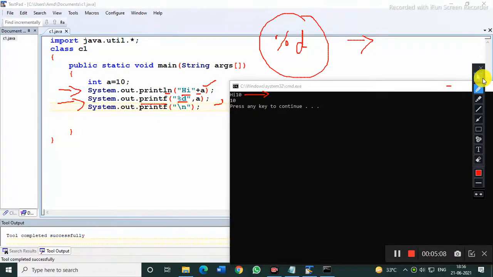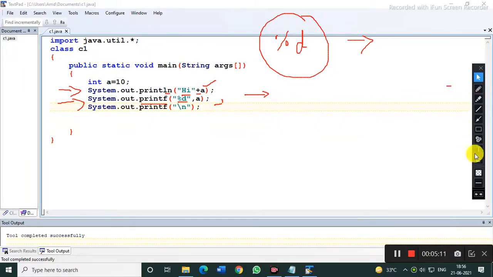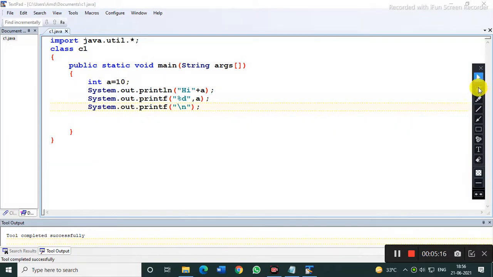Now see, one more variation is there. If you want to print multiple values using print or println, you need to use the plus sign every time, and the printing will create a problem. Suppose you want to print these things, and then again you want to print the base value also, then we are supposed to use this, then this also.